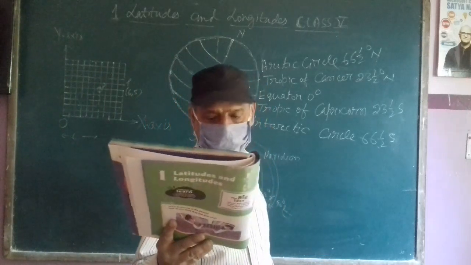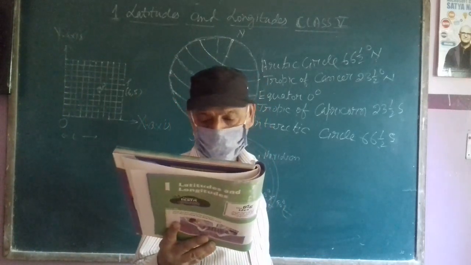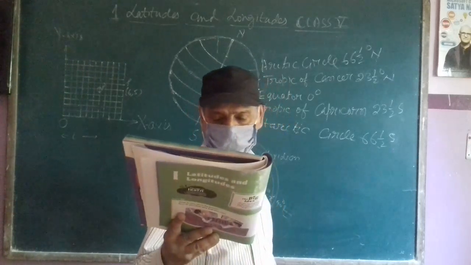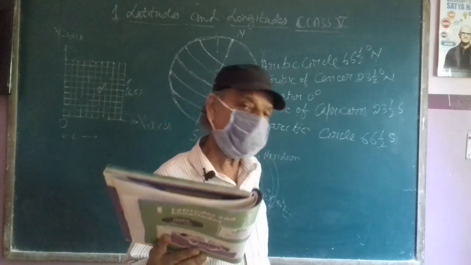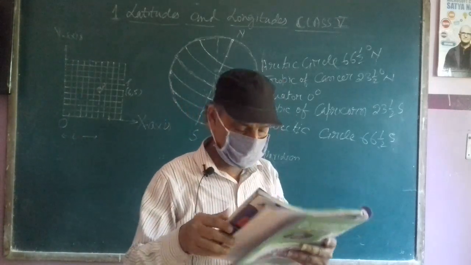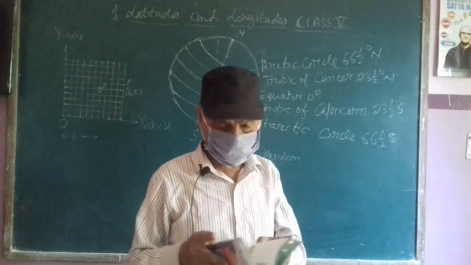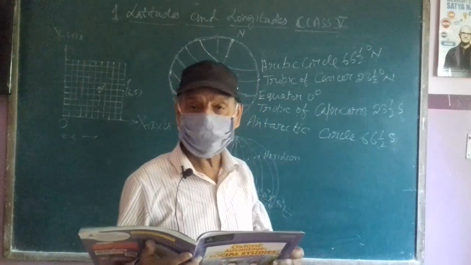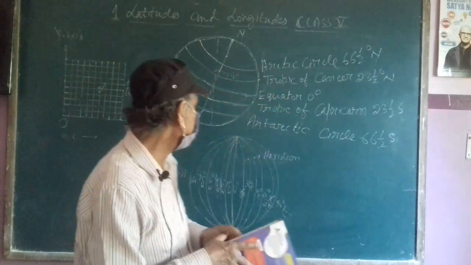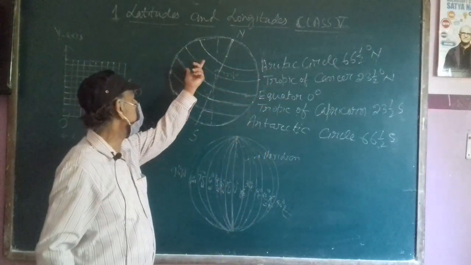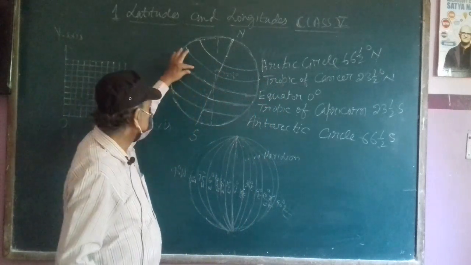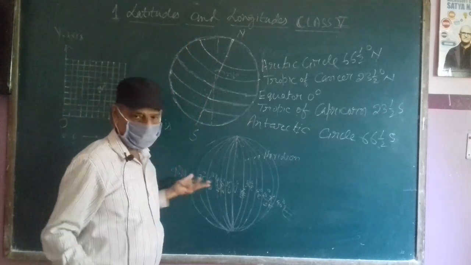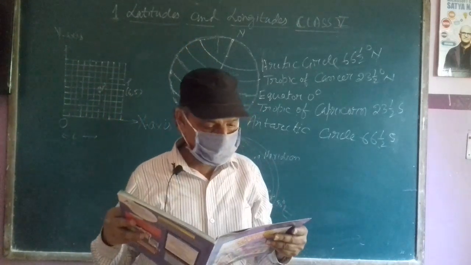First feature. Second feature, the length of the latitude decreases as we move from the equator to the poles. I have already told you earlier also. Now third, the latitudes are located at equal distance from one another. I have told you their lines are equispaced. They are 90 latitudes, equispaced. 90 up and 90 down. Total 181.